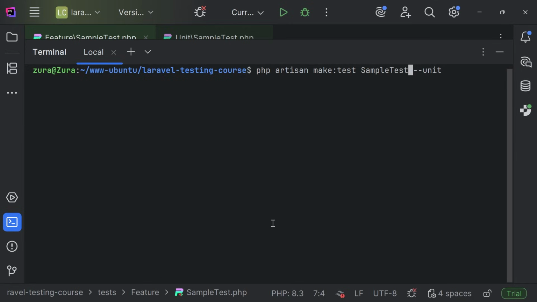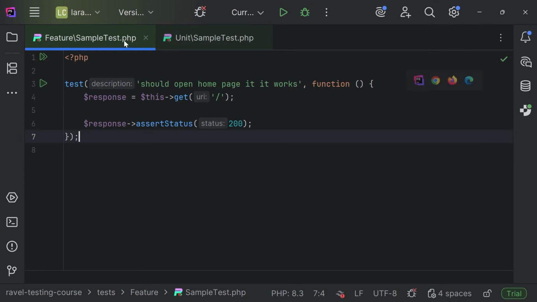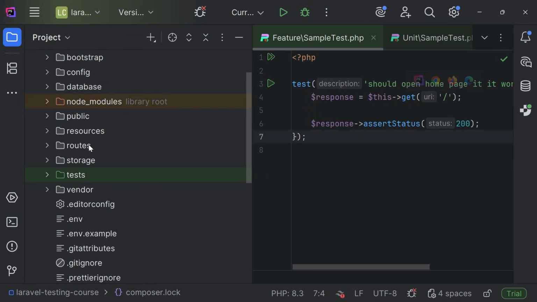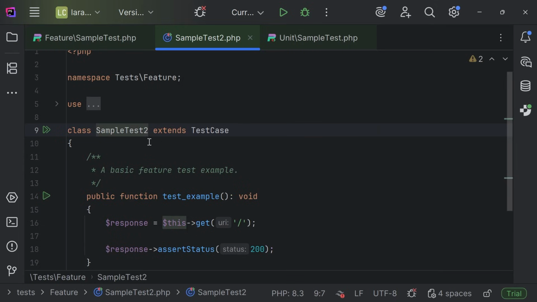Let's call this make test 2 here, and we're going to provide a flag. By default, we know that this is going to create a Pest feature test, right? Now, let's provide a flag called --phpunit. This is going to create this class in a PHPUnit syntax. If we open this inside the test folder, Feature, SampleTest2, we're going to see that this is